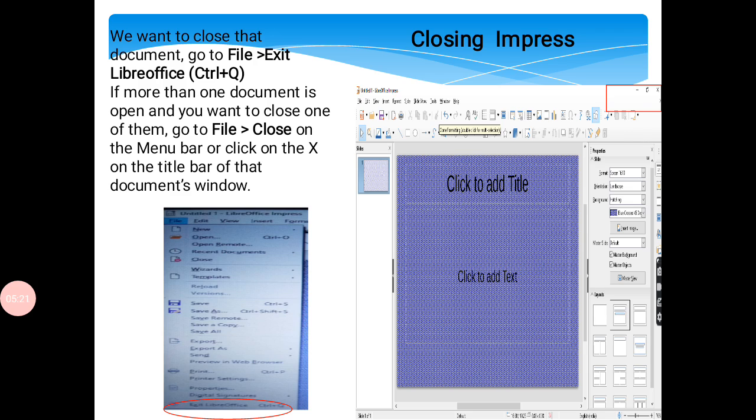If more than one document is open and you want to close one of them, go to the File menu, then click Close on the menu bar, or click on the cross on the title bar of that document's window.